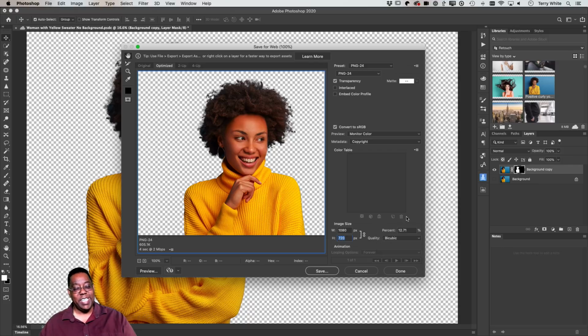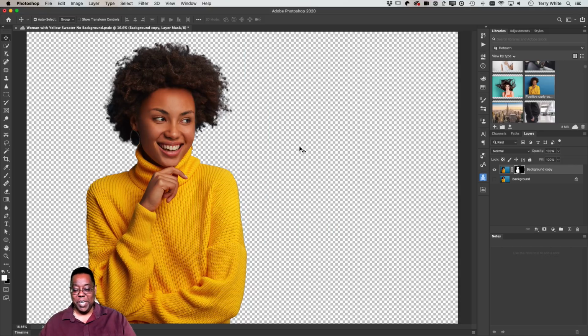So I did a test, and you do your own test. Do a save for web, same photo, and change all the settings to be the same. Then do an export as, change all the settings to be the same, and look at both of the photos. I noticed that my export as was sharper. It looked better than save for web. And I was like, okay, that's it, I'm done. I'm using export as from here on out when I need to make an image smaller for the web, or smaller for online, or smaller for whatever.